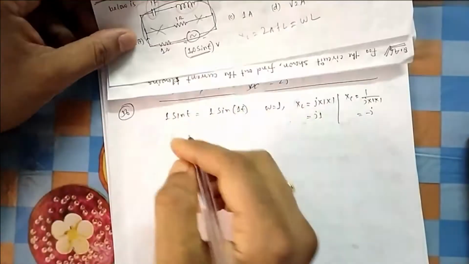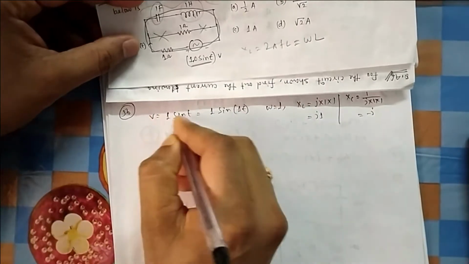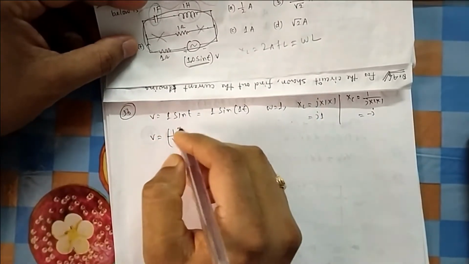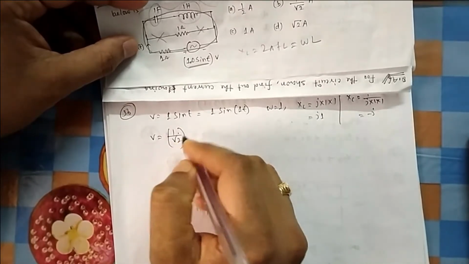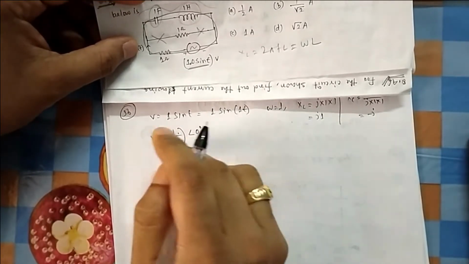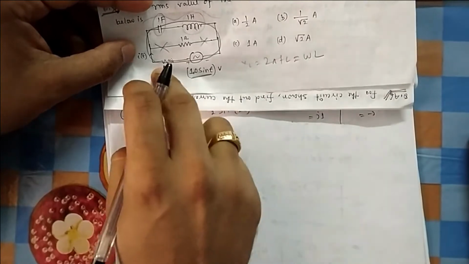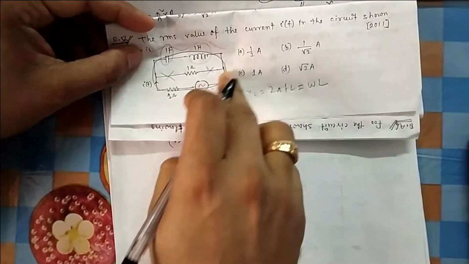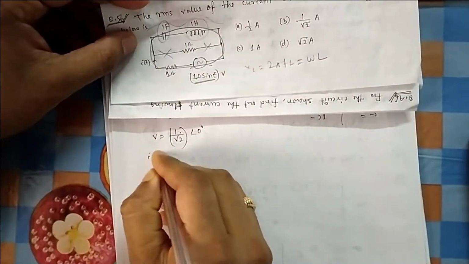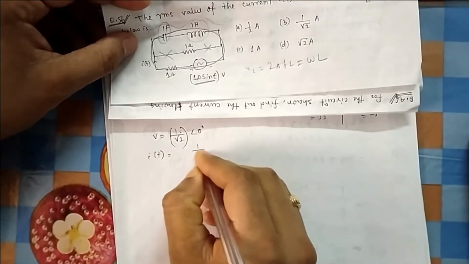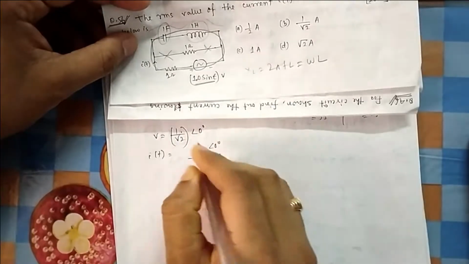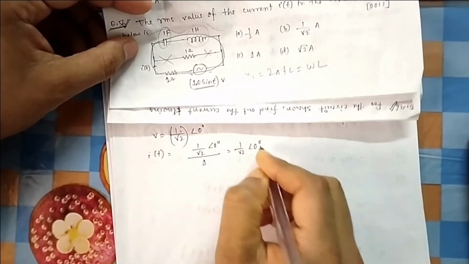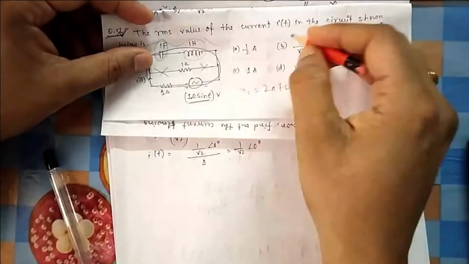Now what is your V? In phasor representation, how will we represent the phasor? In the last class also we have seen phasor representation. It is always the RMS value, then the angle 0. So you know V, you know I, you know R. This is 1 ohm connected in this path. Nothing else is there. So your I is very easy now. I will be equal to V, 1 by root 2 angle 0, divided by R, which is 1, that is 1 by root 2 angle 0. So what is your current now? 1 by root 2, that is your option.